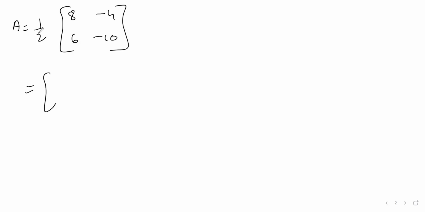Now I'll divide by 2, because the 1/2 is multiplied here, so it divides by 2. This is 4, this is minus 2, this is 3, this is minus 5. This is your required matrix. You can add and show it, or you may not add and show it. Sorry, this is not 1, this will be 2 here. See, this is the sum that was originally given to you, right? Originally they had given this sum.